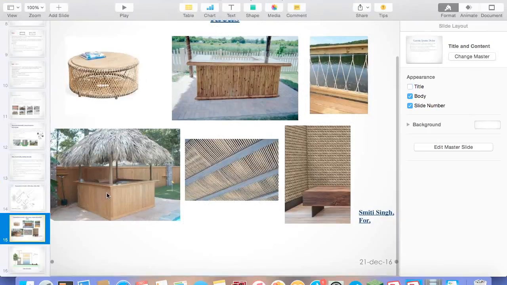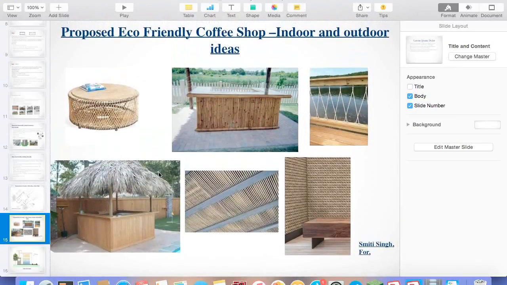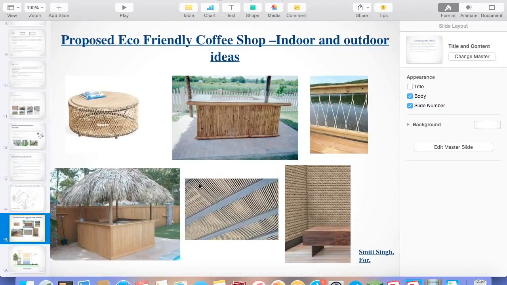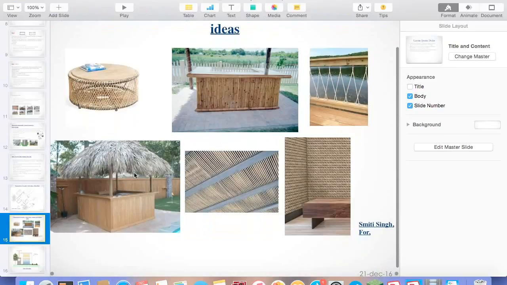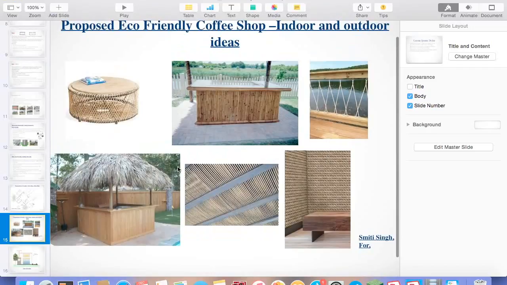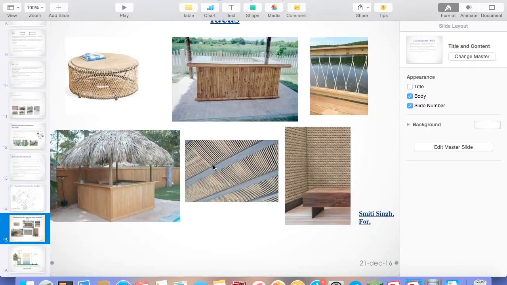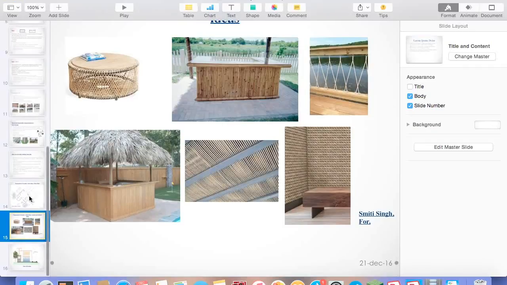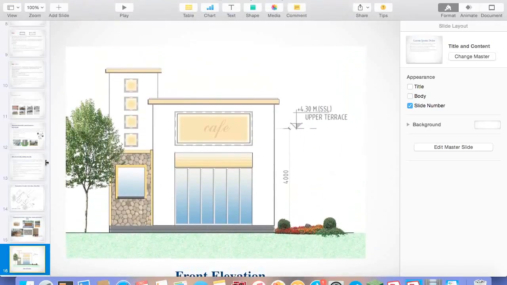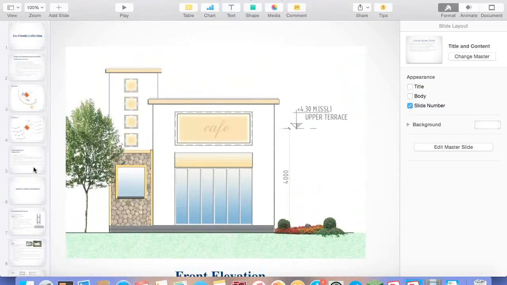These are a few examples of outdoor sustainable material furniture. You can see natural thatched roofs, bamboos, ropes, jute. These are some materials which bring you closer to earth, which give you more comfort, and a more pleasant feeling. So we should try to incorporate more and more of these in our designs, in our buildings, in our environment. This will lead us to a happier suburb and more environment friendly